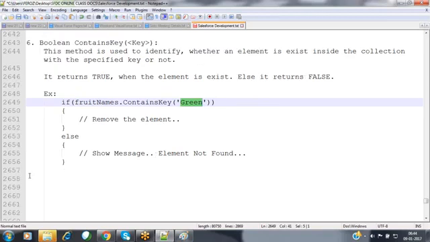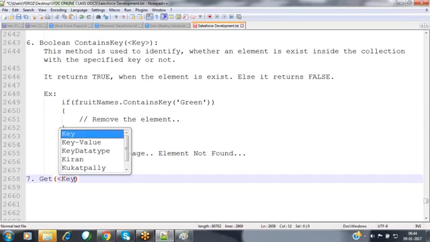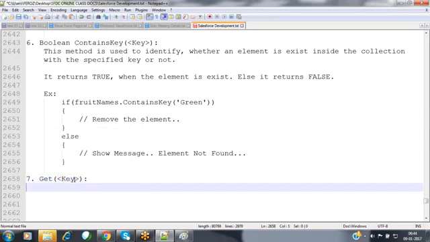The next method, get. The get method is used to get the element based on that key. If you want to get any element from that collection, then we have to use a method called the get method.